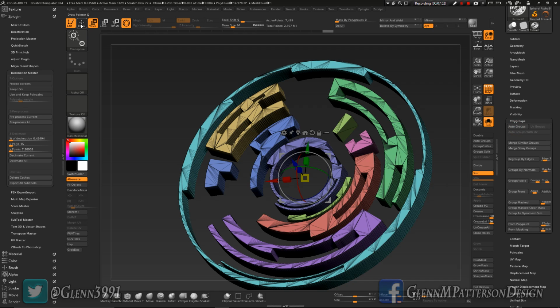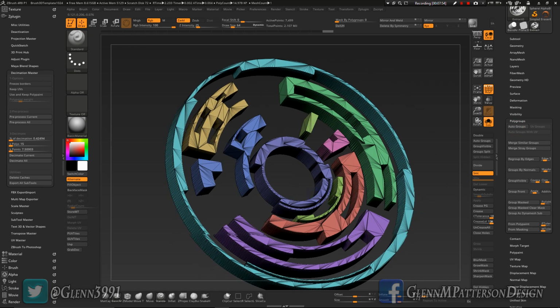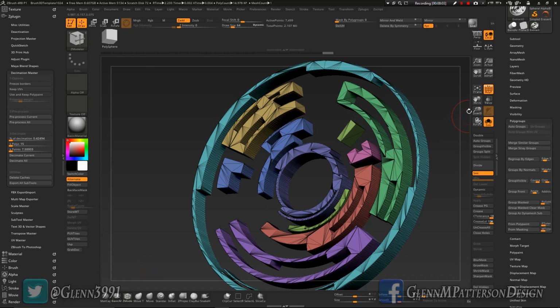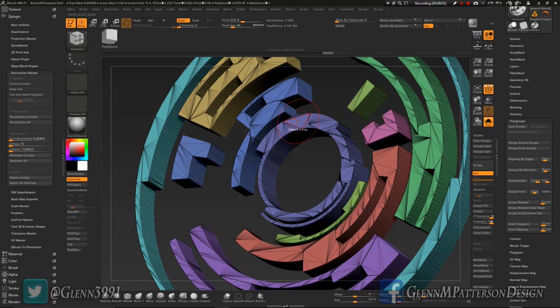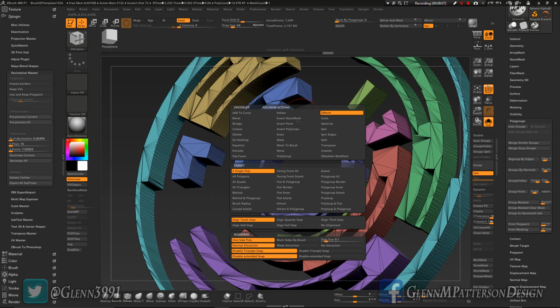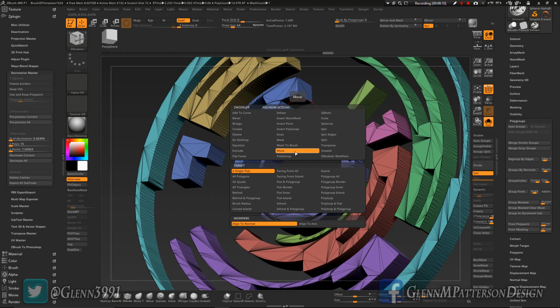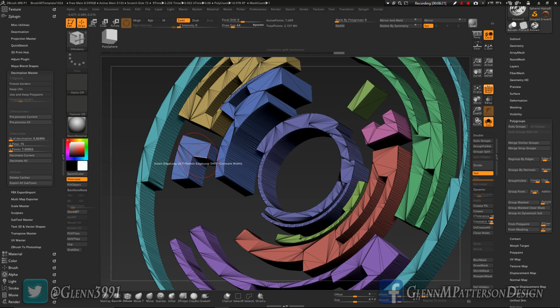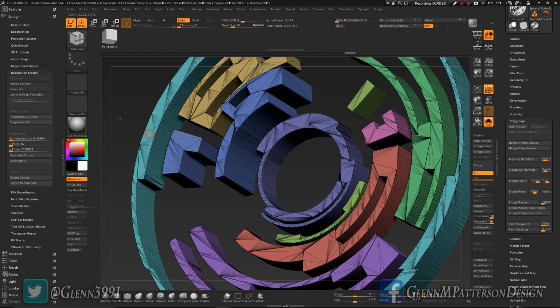I'm going to go back to draw mode here so we can do some other things with this. Alright, now that we've got individual polygroups here, we can go to ZModeler and right click on a face there. We're going to do move, and we'll do flat and polygroup. So if you look here, boom, we're just moving just this one here, and then just that one, and just that one,